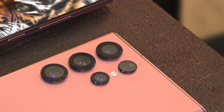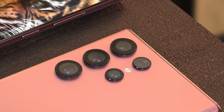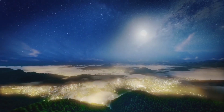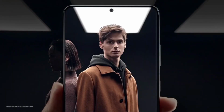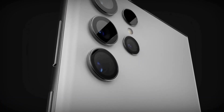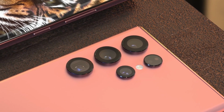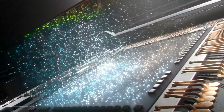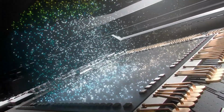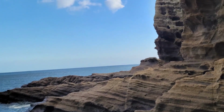Now the S22 Ultra continues to use the same sensor as the S21 Ultra, but we do get a brand new SuperClear lens, which is built to enhance detail as well as to get rid of those flares that you get in the photos. Now speaking of the cameras, we have some amazing AI camera features such as super resolution and Nightography. The S22 Ultra will allow you to take super resolution photos, and this is called the enhanced detail mode. And now with the brand new camera ISP and the new NPU gains, you're also going to get some